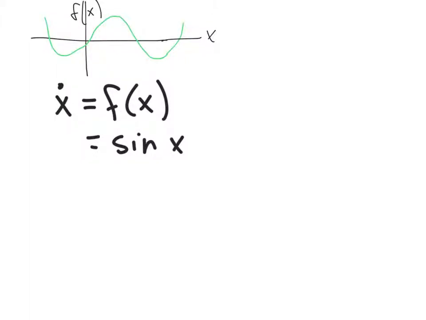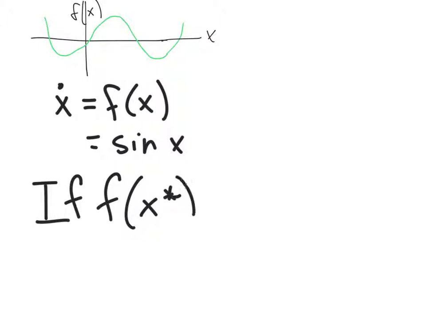So here we have the differential equation x dot equals sine x, and that's defining the velocity of our solution functions x of t at each point x. And we've plotted what this velocity looks like, sine x, as a function of x. And so the first thing I want to note is that if f at a point is equal to 0,